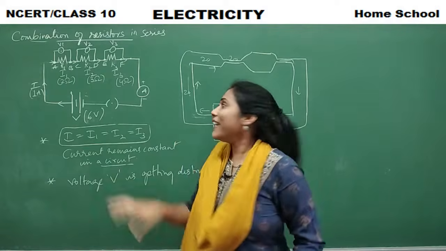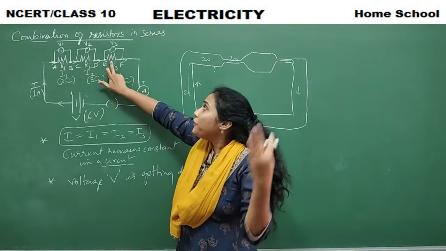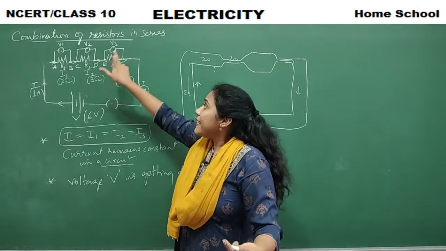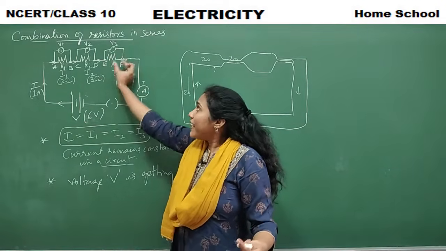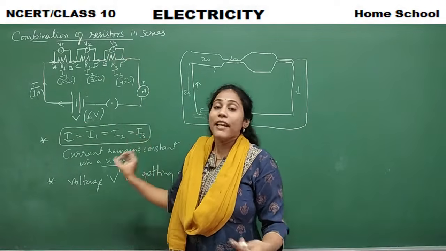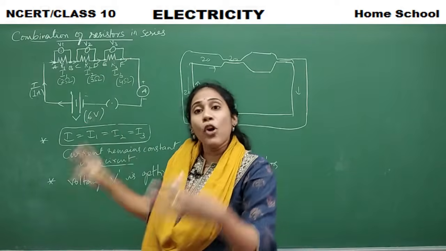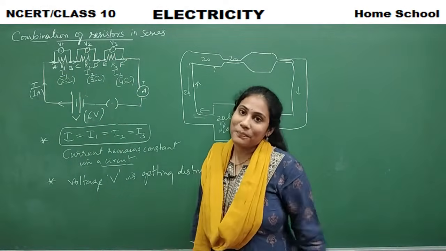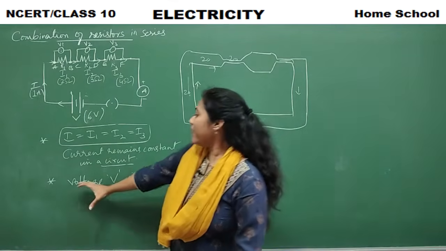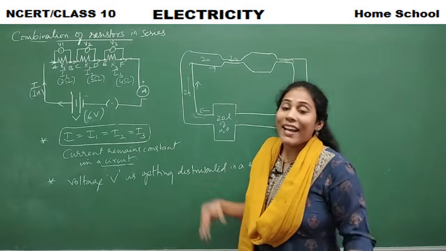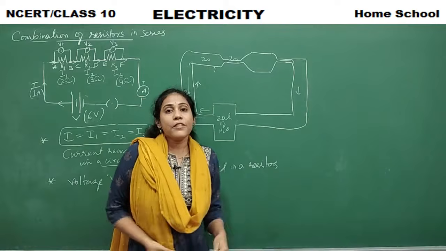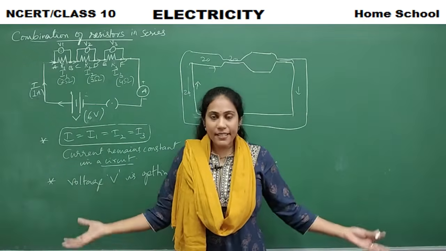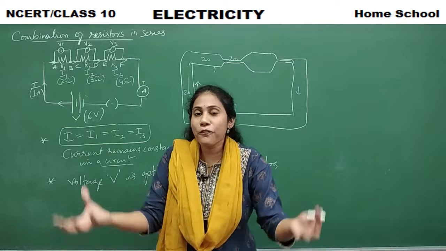of current. Okay, so current finds it difficult to flow here because the resistance is very high and the opposing force is very high. So this current requires more help from voltage in this case. So the more the resistance, the more voltage is shown across that particular resistor. This is how initially we got to know voltage is getting distributed. Actually, why it is getting distributed is because each and every resistor has different resistance. Resistance, in the sense, is disturbance to the flow of current.